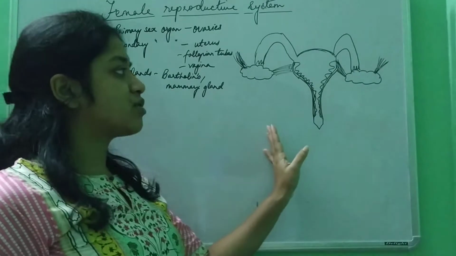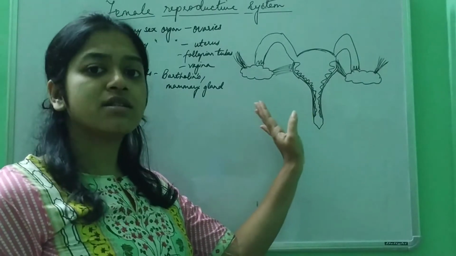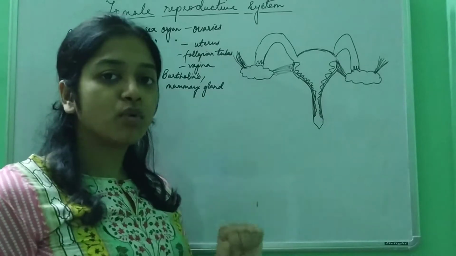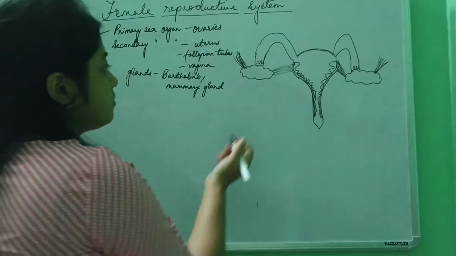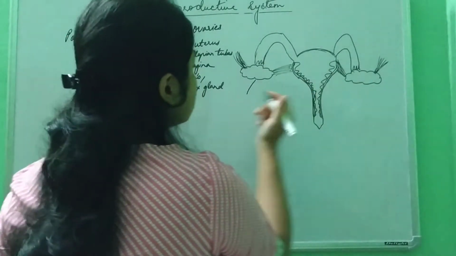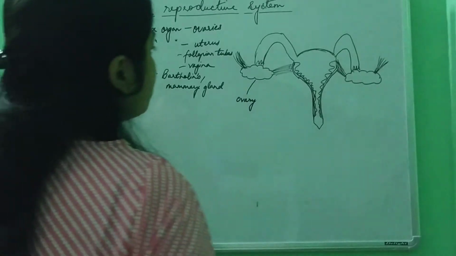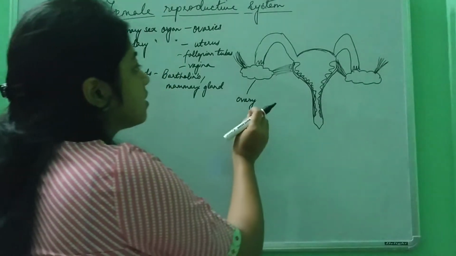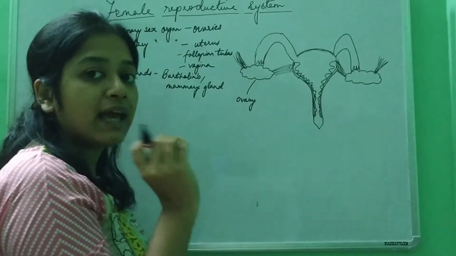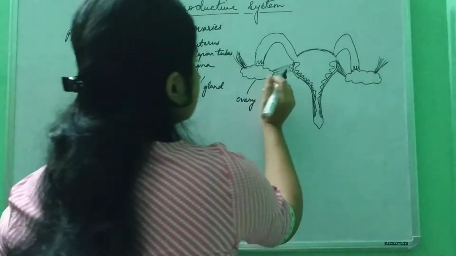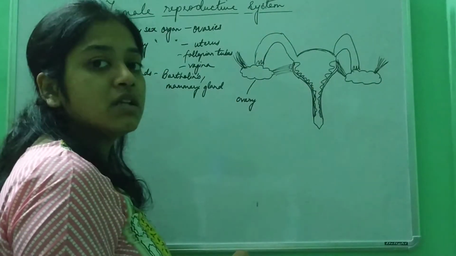You have this structure in your NCERT book also. Here, this is just a representation. You can look at the diagram from your book also. So here we'll see the different parts. These two are the ovaries, I have already told you. The next part: the ovary is where the egg, the female egg, will be formed. Then the next part, this part is the fallopian tube.